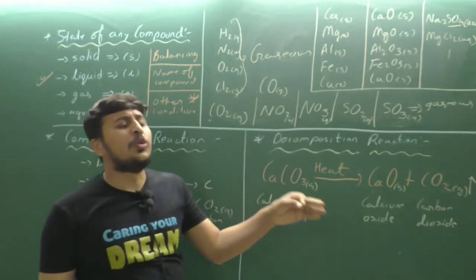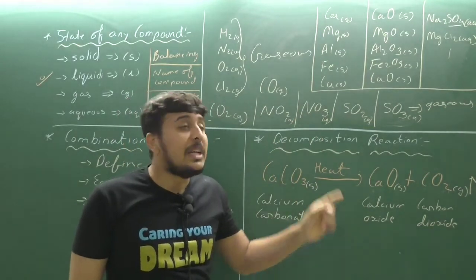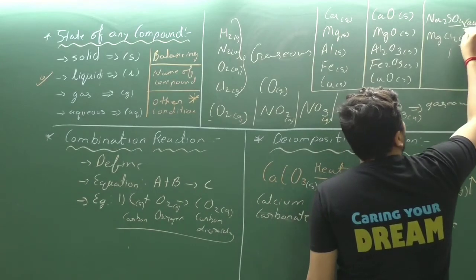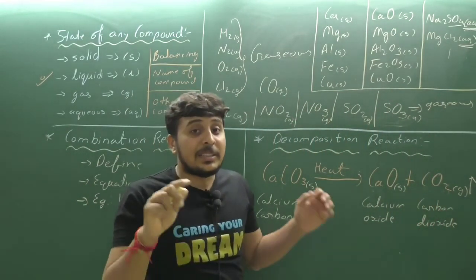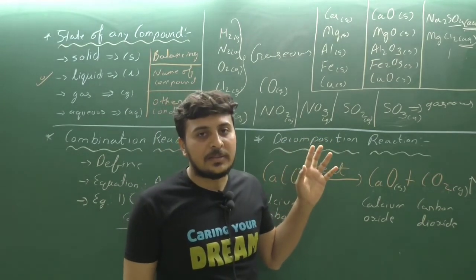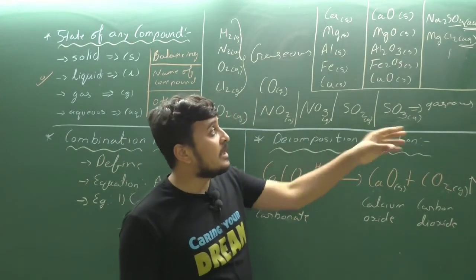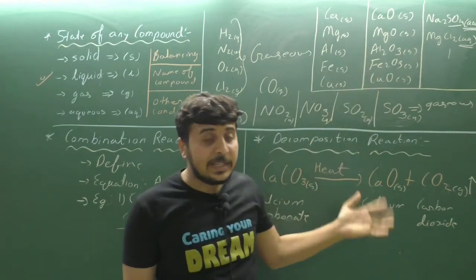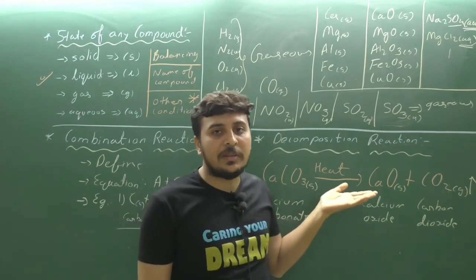If you don't know what is the state of a chemical compound, then you can write it as aqueous. Obviously it will not be correct each and every time, but there are chances that most of the times all the compounds are aqueous in state. Clear? There are few exceptions, you have to remember few exceptions, but most of the chemical compounds are aqueous in state in the chemical equation.